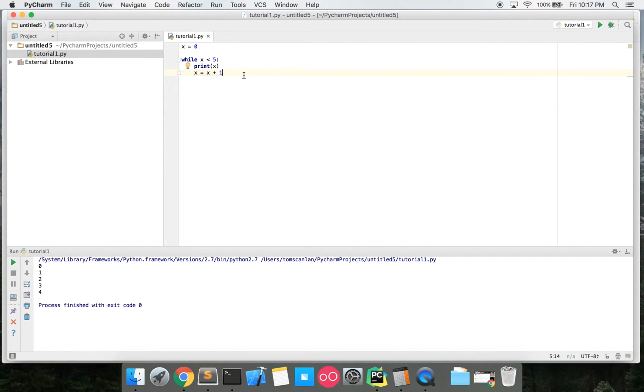That's all it's saying. So then it jumps up to the top here. 1 is less than 5. Yeah, that's true. Run it again. It prints out the 1 because now x is 1. Down here, now x is 2 on this line of code. Go to the top. 2 is less than 5. Okay, let's run it. And so on until finally it increments up to 5 here after